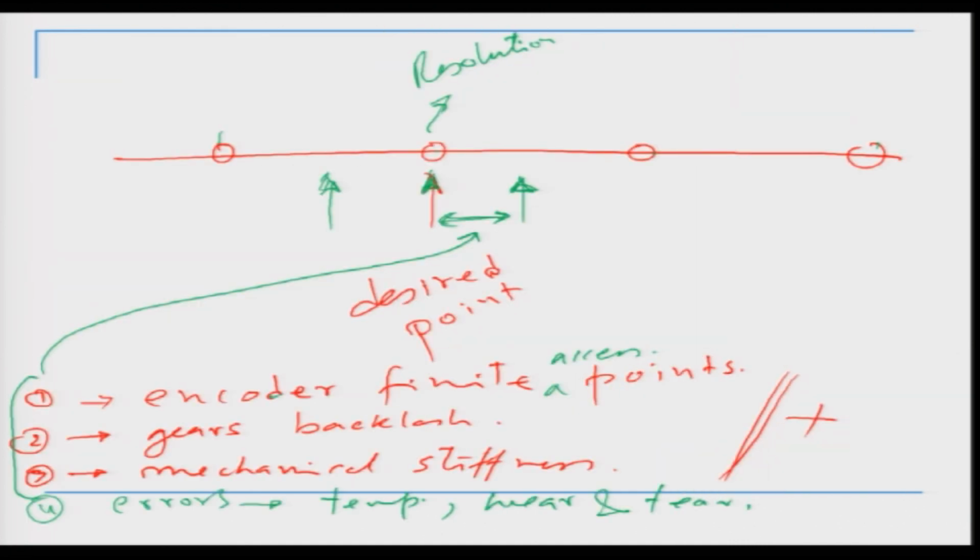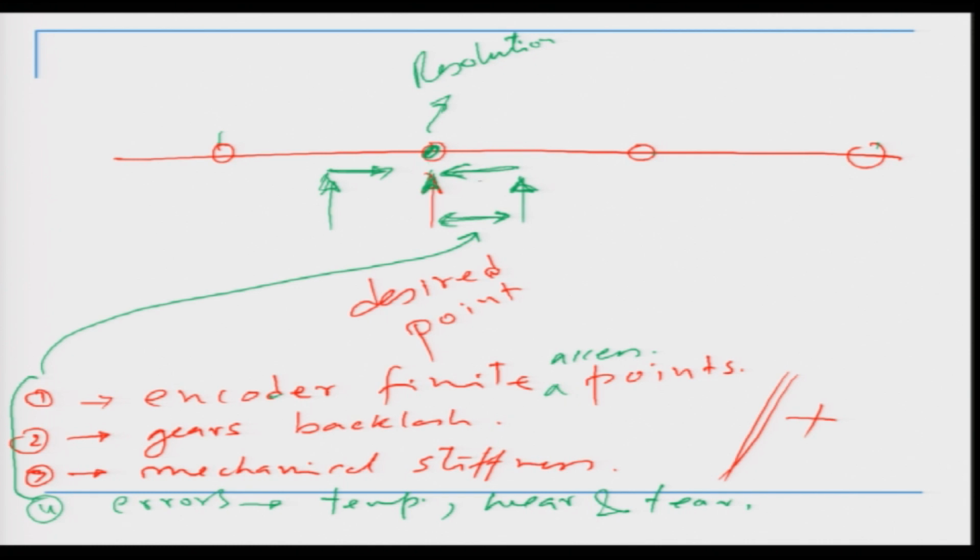Okay, it is essentially because of the other errors which are sitting there. Now we have seen in terms of definition that if I want to go to this point, I can come from this side or I can come from this side, right. So this is in 3-dimensional space. I can actually come from any side. Okay, if it is 3D, you can imagine I have drawn it in 2D, so it is being shown as a line. So essentially it can come from this side or it can come from this side,